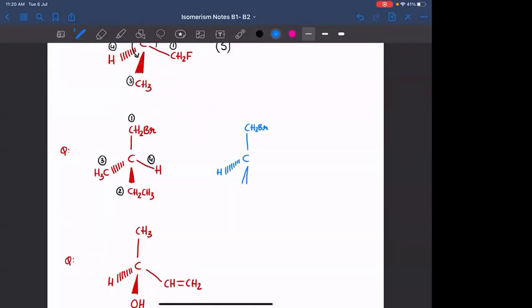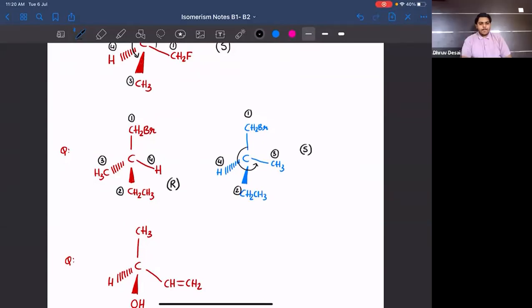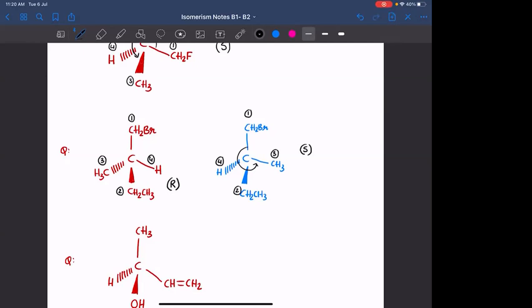Agreed? Yes. So here after interchange, if I'm marking it this way, this becomes CH2CH3, and here you are having CH3. Now the priorities, this is still 1, this is 4, this is 3, this is 2. 1, 2, 3. You are getting that as S. If this is S, this should be R. Did you get the same? Yes, sir.